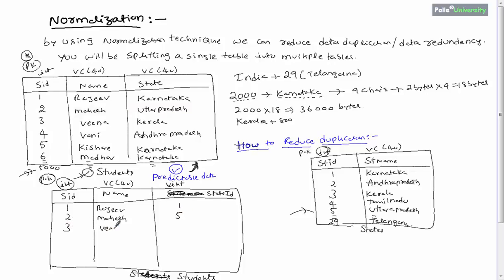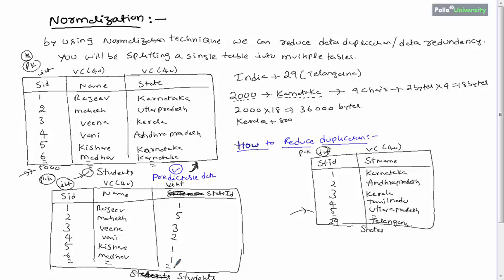Next 3 Veena. She is from Kerala. So Kerala state ID is 3. Similar way 4, Vani, Andhra Pradesh means 2. Next 5, Kishore from Karnataka. What is the state number? State ID 1. Similar way 6, Madhav, Karnataka. Karnataka means 1. Something like this.